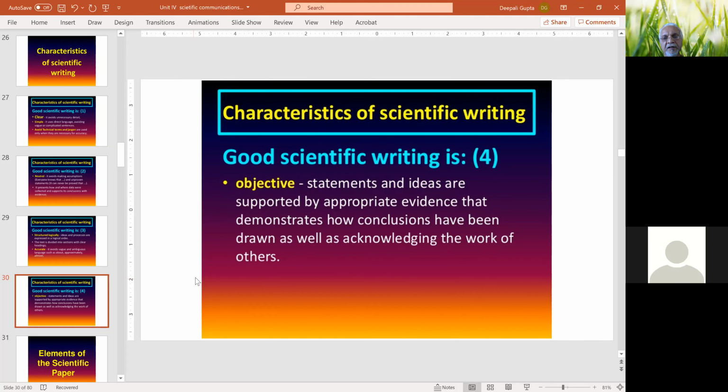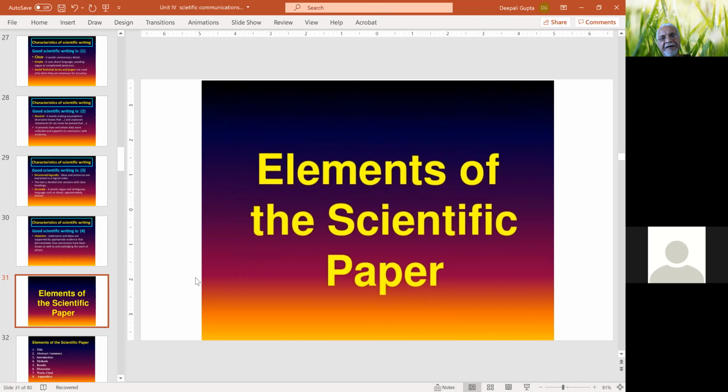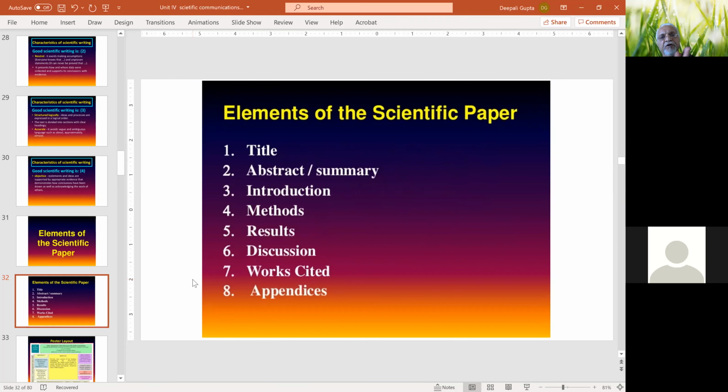I will very specifically take the example of a scientific research paper, and we'll discuss how that research paper is built up. So if you have gone through, I'm sure you have gone through, there's no question of ifs and buts, a typical research paper has the following elements.